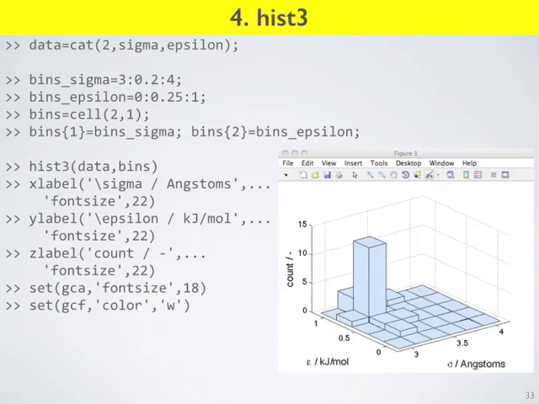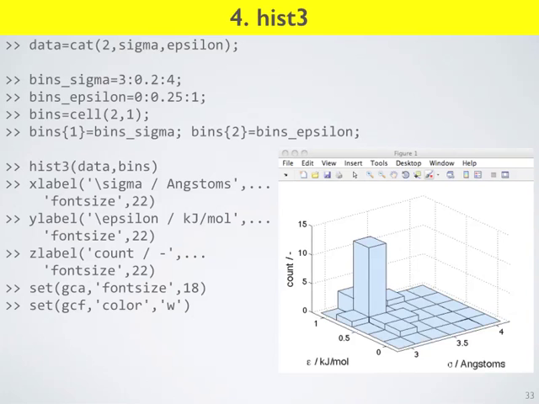So along this dimension, and stick them together into a matrix. And so then I'm going to end up with a matrix that looks like this. This is going to be data. This is going to be my epsilon values, and these are going to be my sigma values in a matrix. It's a very nice way of making matrices from vectors.